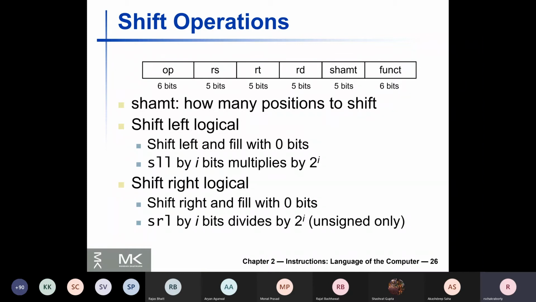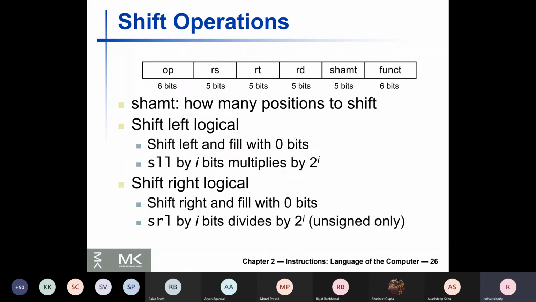And as you know, if you shift right by I bits, the number is divided by 2 to the power I, but this time only for unsigned numbers, because you have to be careful. The number might no longer remain a negative number. It no longer can remain a negative number, in fact, because it forcibly turns it into a positive number by putting in zeros on the left.